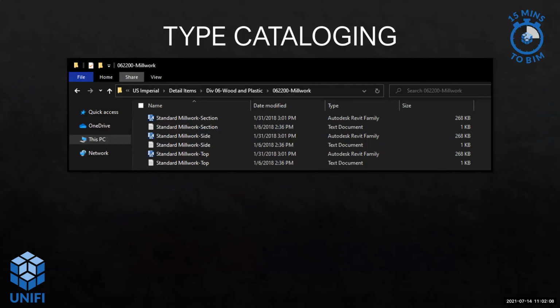Are you tired of having multiple types of families load into your Revit model, requiring you to possibly constantly purge all the time, and maybe wanting to clear those unwanted items? And what if you could just select the family and type you needed from a list before opening? That's exactly what type catalogs are all about. Because the good news is that you can, and it's carried out by creating and using those type catalogs for